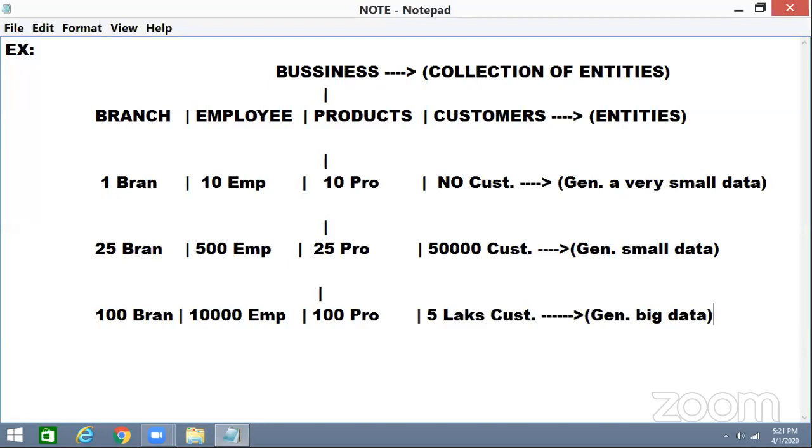So big data is generated. Now tell me, do I require a DBMS now? Yes, DBMS is required now. So the concept is clear now. The DBMS we are using for what purpose? To manage and maintain big data, so that large scale data can be managed. For that purpose, industries, organizations and companies use databases.